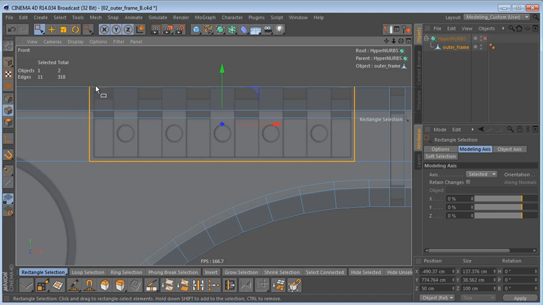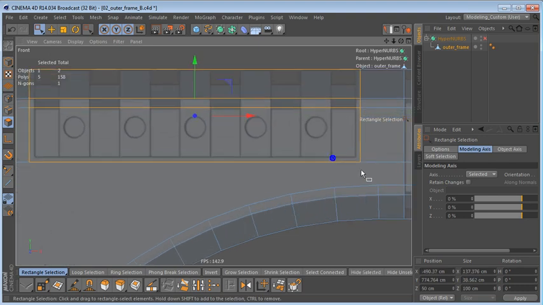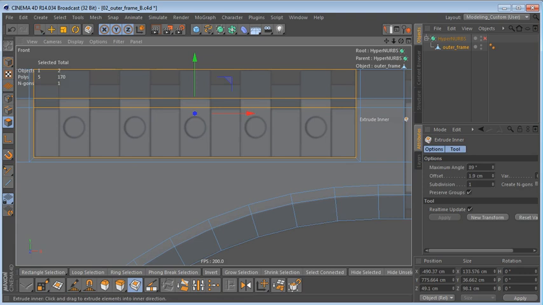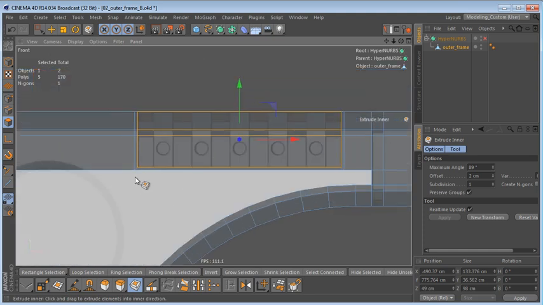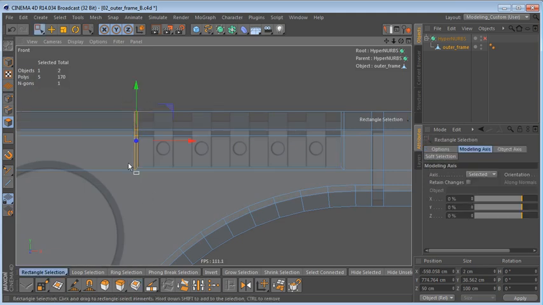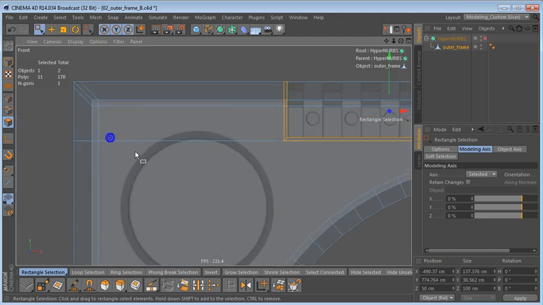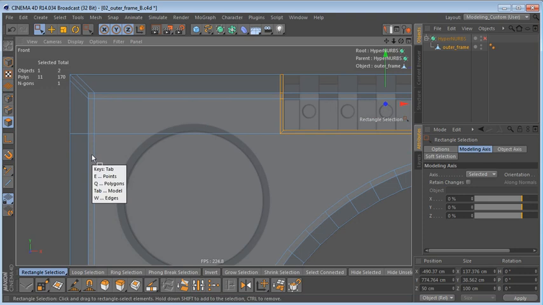Usually you would create the shape of the actual extrusion first, extrude it, and then add the control edges, but sometimes I just find it easier to do it like this, because now I can go to polygon mode, select these polygons here, and use extrude inner. Let's do maybe 2 centimeters here to create the shape we're going to extrude later on. And this also has the advantage that we're getting a nice and even polygon loop around this area here. Next, I want to remove some of the edges. So in edge mode, I'm going to select these edges here,